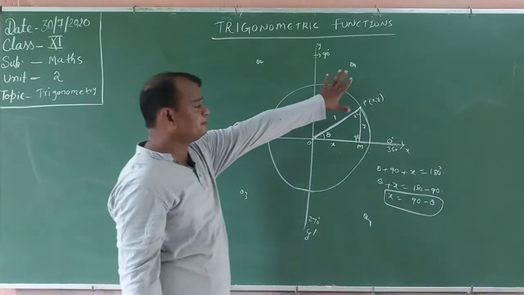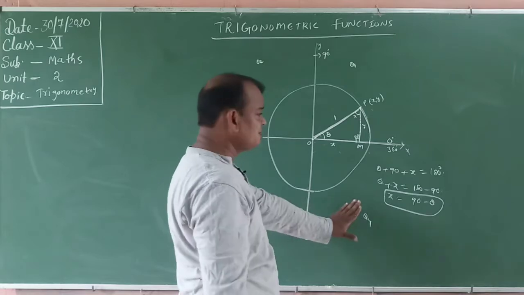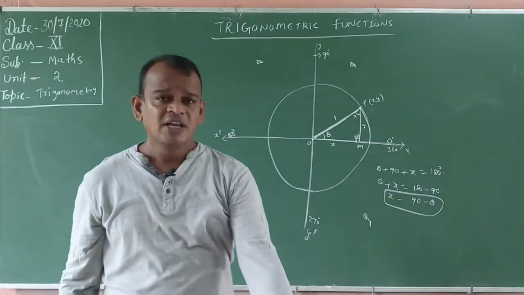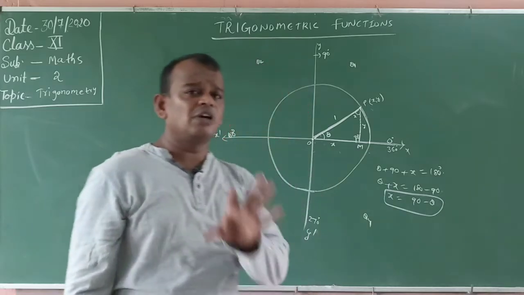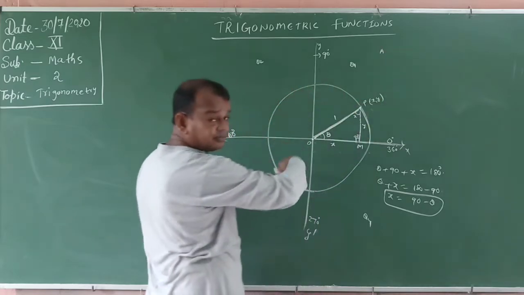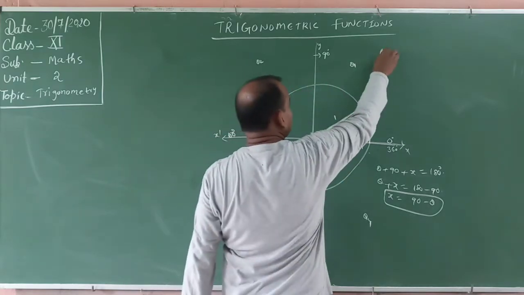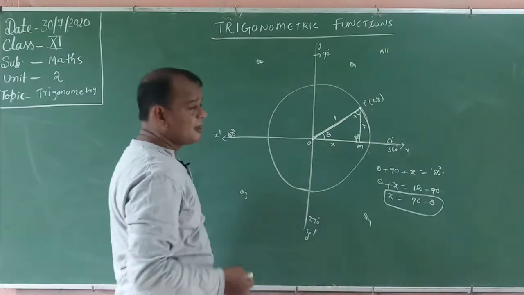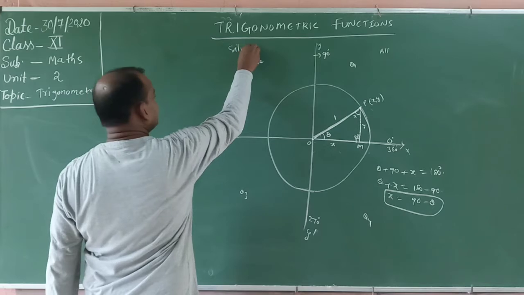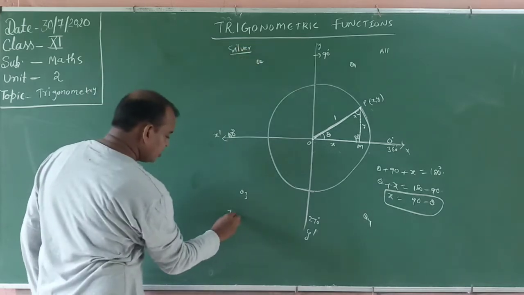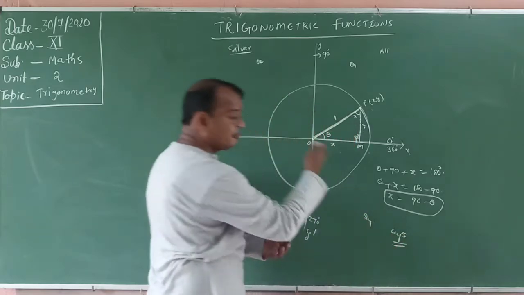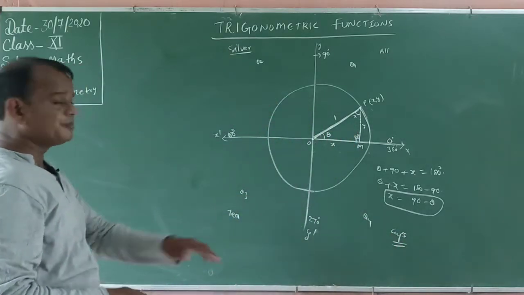This is the first quadrant, this is the second quadrant, this is the third quadrant, this is the fourth quadrant. What is the nature of the trigonometric ratios? In the first quadrant, what one formula do we remember? One formula is all: all, silver, tea, cups. In the anti-clockwise direction: all silver tea cups.